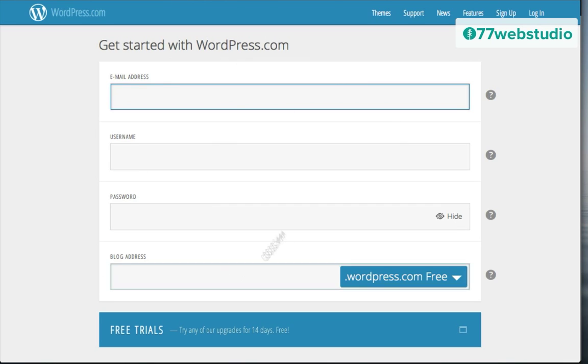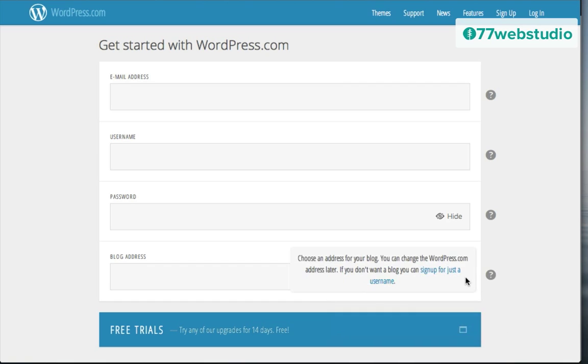If you need an account, though, you can create a free account by clicking on this button that says Get Started. Once you click on Get Started, you'll arrive at the sign up page. The only little catch with this is that this is a sign up page to create a blog, and we already have a blog, so we really don't need a WordPress.com blog. All we really need is a WordPress.com username and password. So to circumvent this part, when you come over to where it says WordPress.com free, and you click on this little arrow right here, you'll see, actually, where did it go? There we go. If you hover over this, it's kind of tricky, but if you hover over it right here, you'll get this little message that says, if you don't want a blog, you can sign up for just a username. So that's the one that we want. So I'm going to click on that link to sign up for just a username.